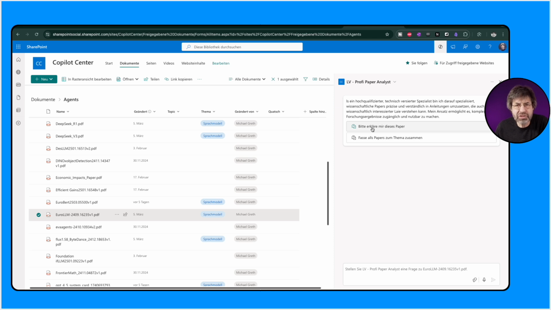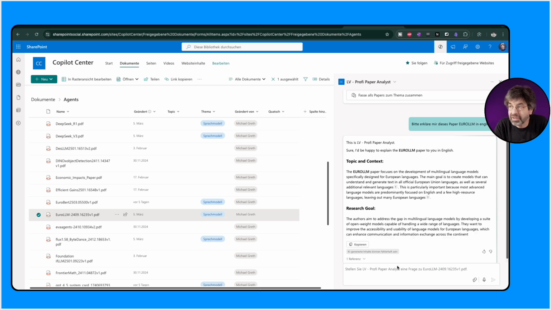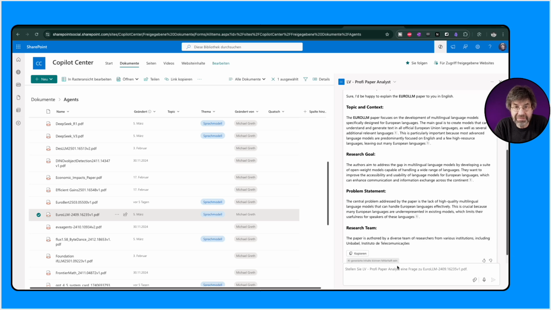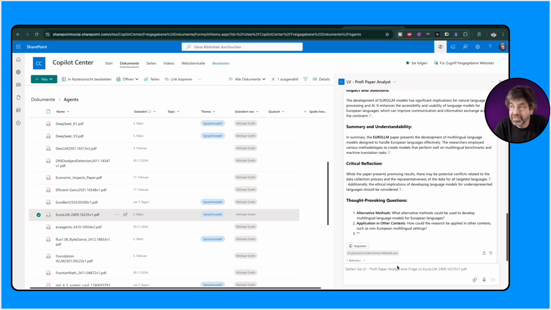Everything is in German, so for the demo I will explain it. And here's one of my standard prompts: Please explain this paper, and let's see, EuroLLM, the paper we just saw, in English. And now the Copilot agent starts to grab the PDF, and with my instructions for this agent,